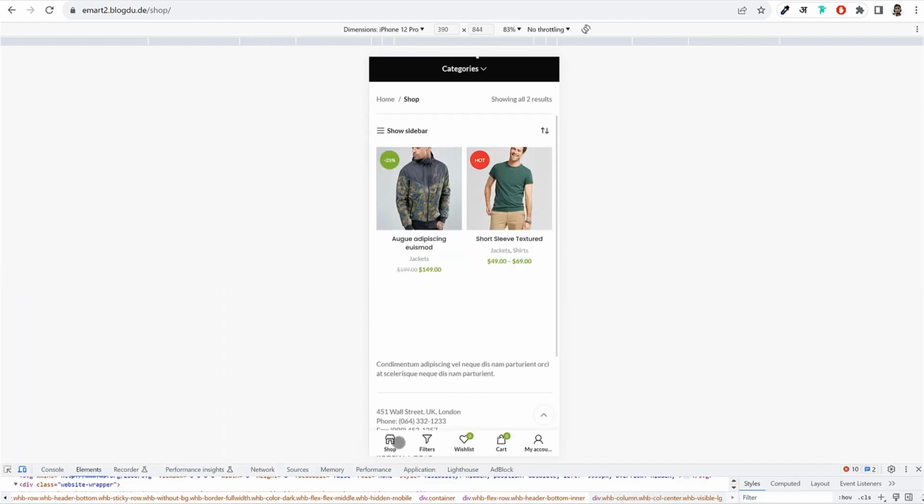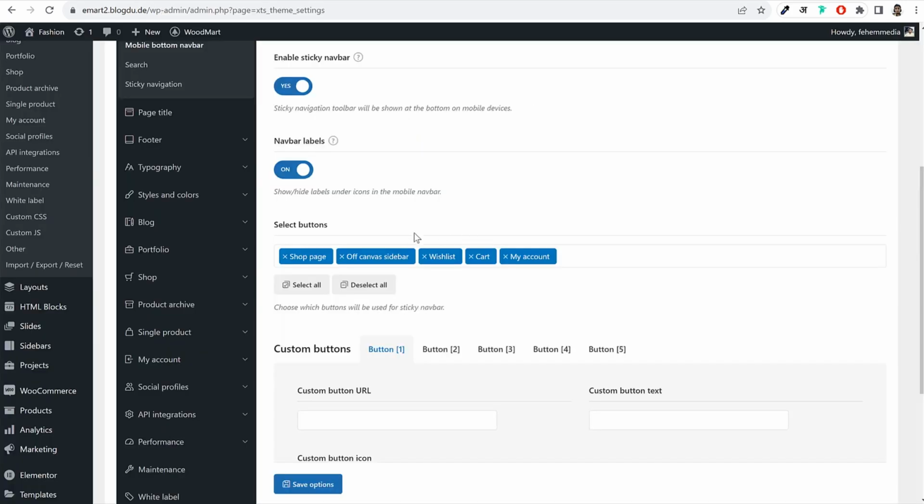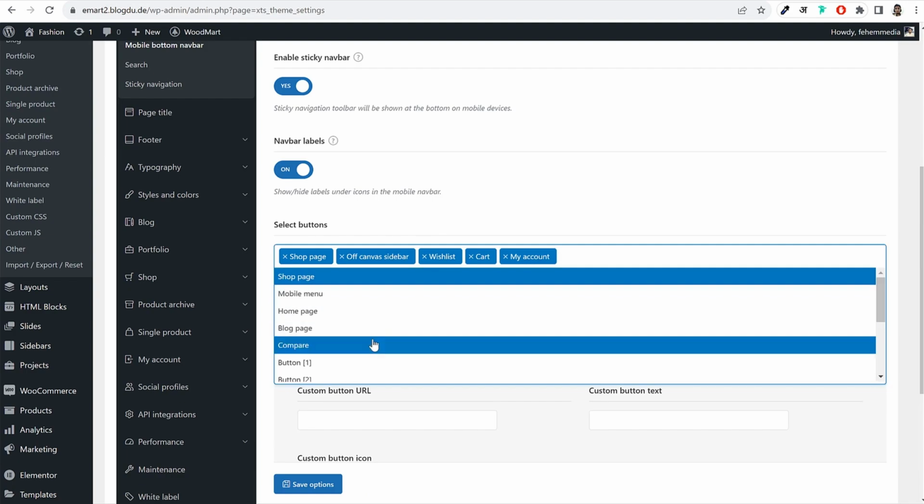Now at the bottom here, as you can see, shop, filter, widget, wish list, cart, and my account. These are the links which are shown at the bottom. And you can see these options over here. If you want to remove anything, or if you want to add a new option in this,